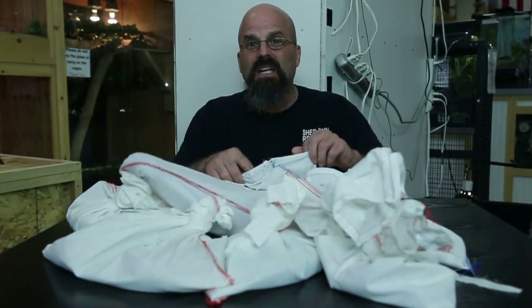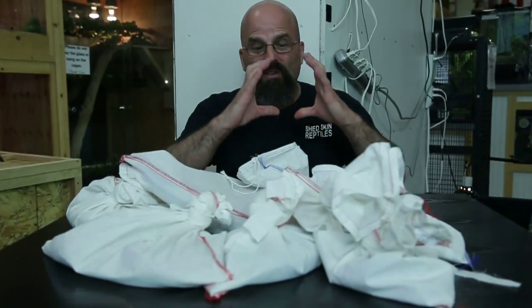Now this next rat snake we're gonna bring out, but this one's awesome. It's got big old eyes. It always has a constant